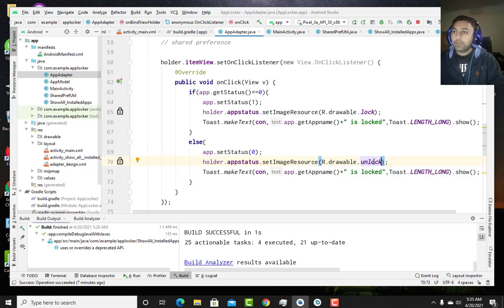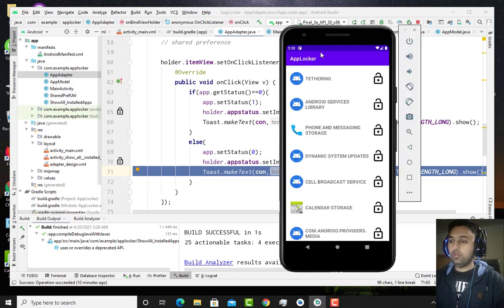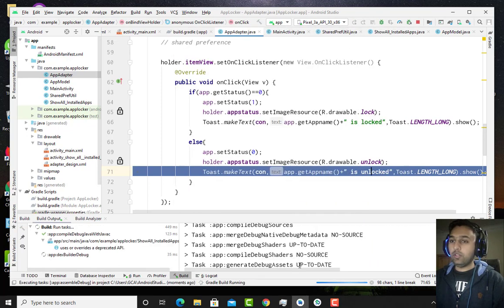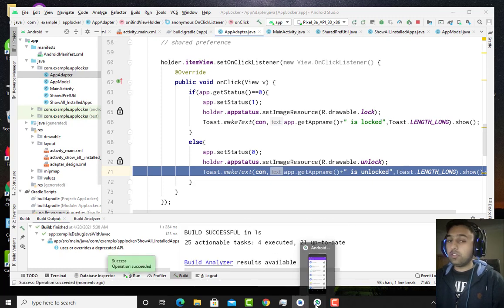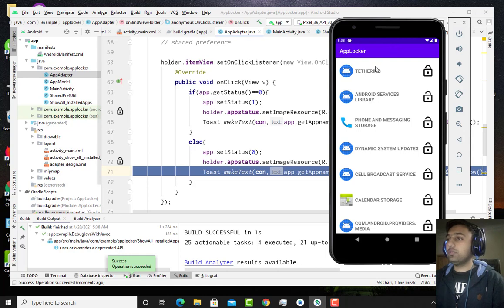So it is now unlocked here, so the app is unlocked. This line of code will unlock the app. So now let's test the code. Now let's check the application to see whether it is working or not. You can see here the application is locked,